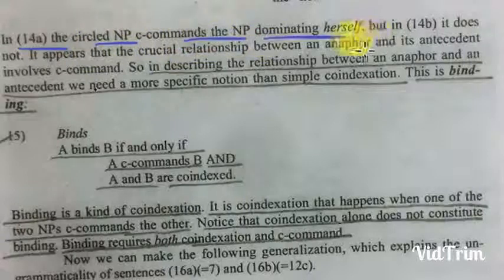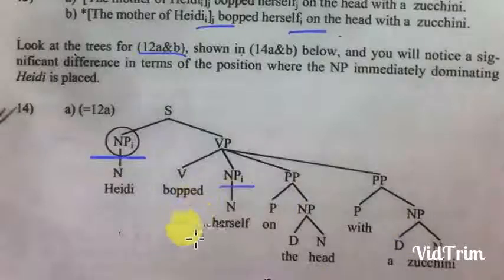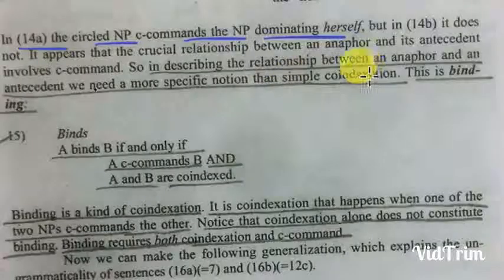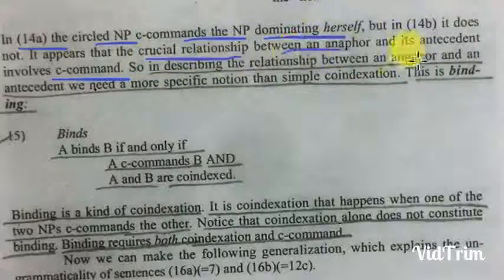In 14a, the circled noun phrase she commands the noun phrase dominating herself. But in 14b, it does not. It appears that the crucial relationship between an anaphor and its antecedent involves c-command. Heidi bopped herself on the head with a zucchini. Heidi c-commands herself. So, in describing the relationship between an anaphor and an antecedent, we need a more specific